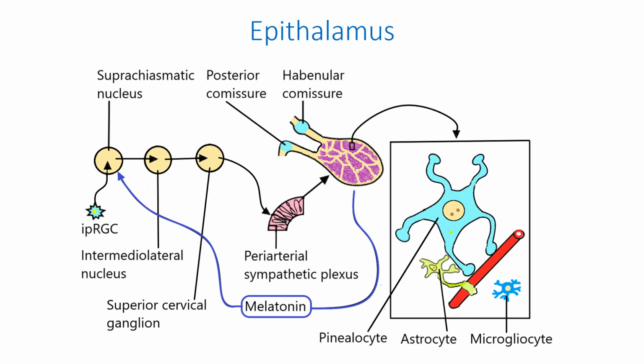In the darkness, the nucleus stimulates neurons of the spinal cord intermediolateral nucleus through pathways including paraventricular and brainstem reticular nuclei. The preganglionic sympathetic neurons of this nucleus project to the superior cervical ganglion, whose postganglionic neurons innervate the pineal